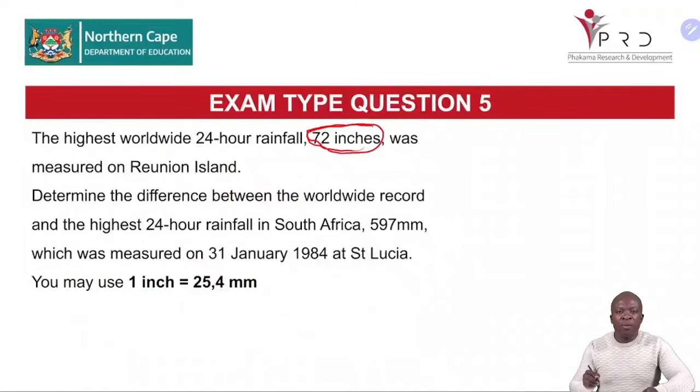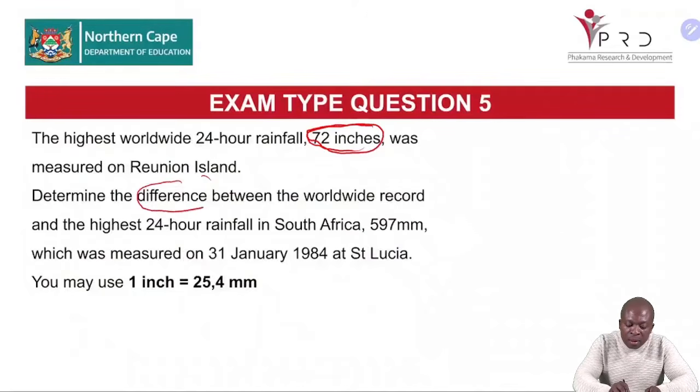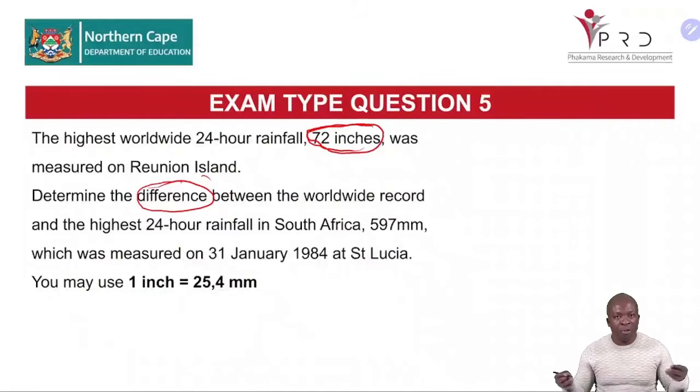When was the 72 inches recorded? It was measured on the Reunion Island. The examiner is saying, determine the difference. So whenever you hear difference, it means the examiner wants you to subtract. Okay? When you hear difference, they want you to do what? To subtract. So the examiner says, determine the difference between the worldwide record